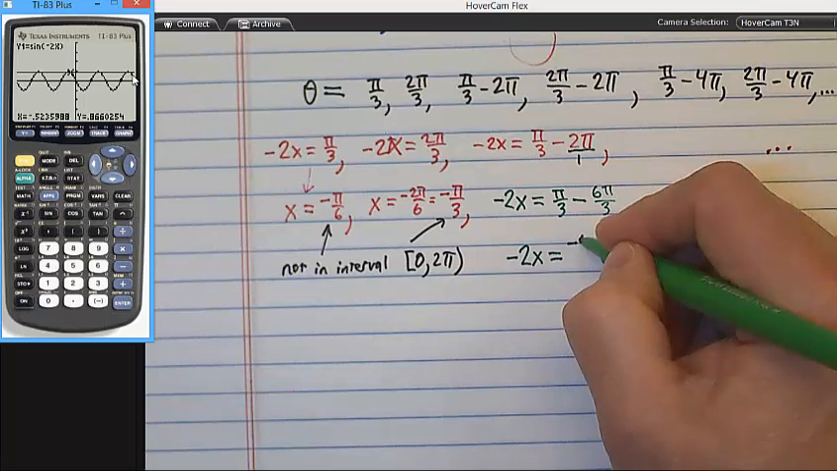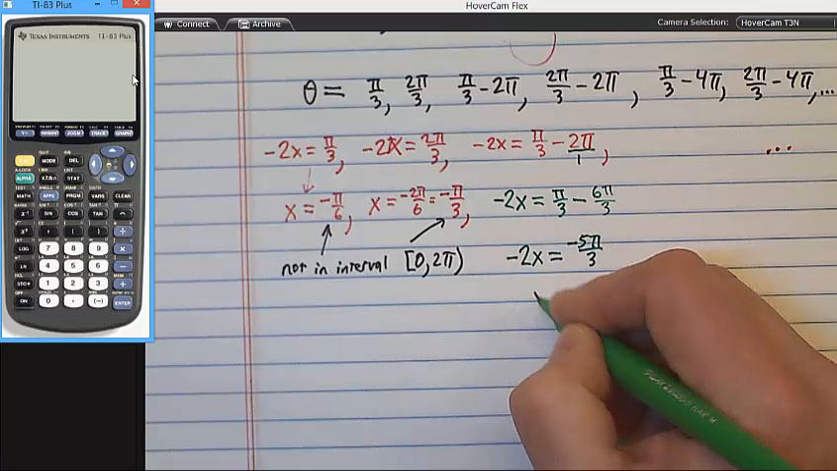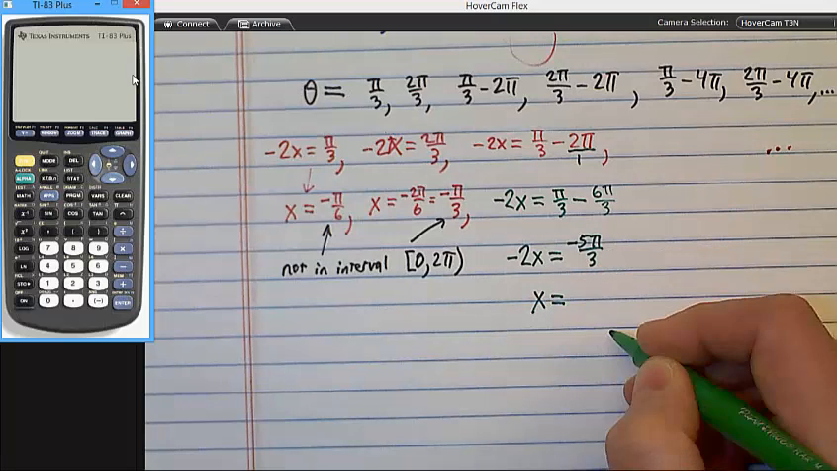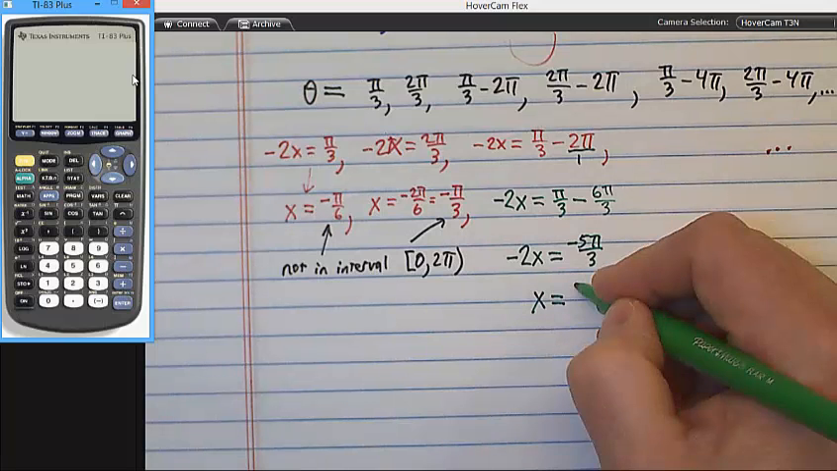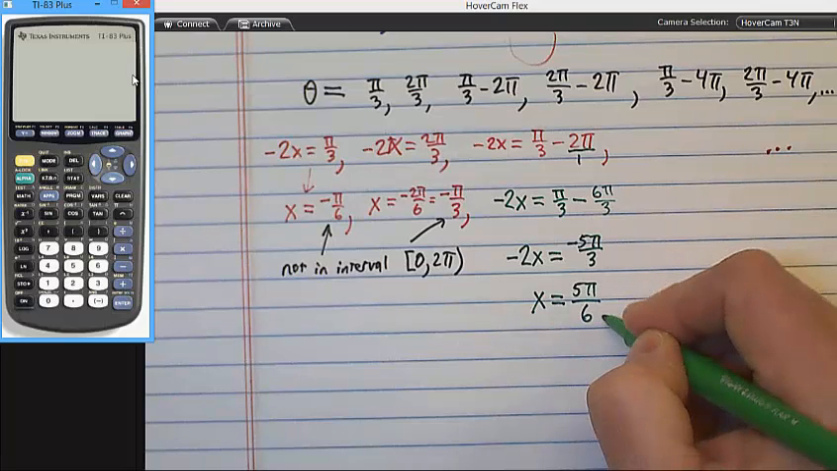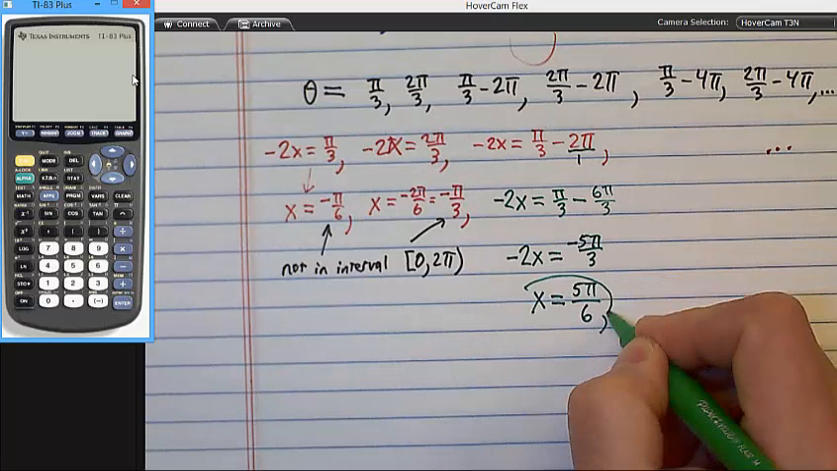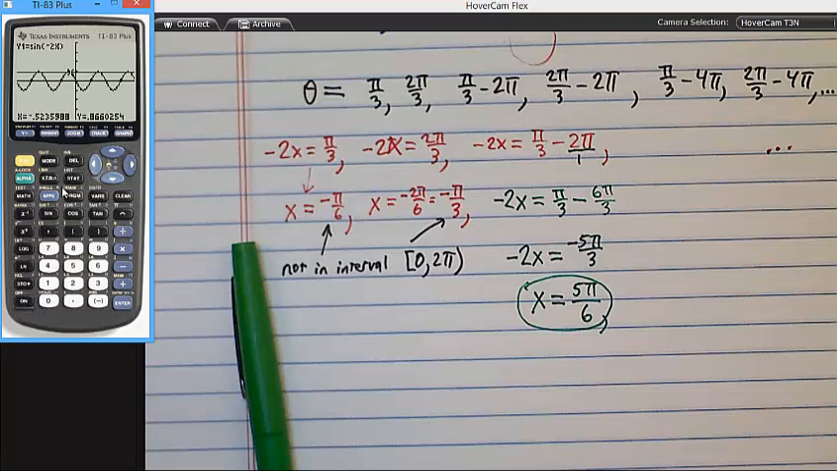Negative 5 pi divided by 3. And so x is going to be positive, because I'm dividing by a negative, 5 pi over what? Over 6. That is definitely one of the answers. And let's just see that here. Okay? So if I go back here